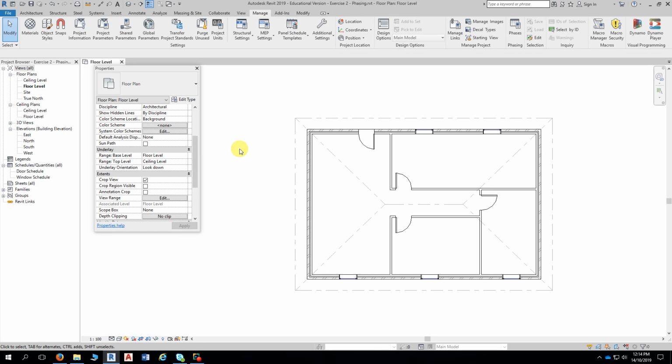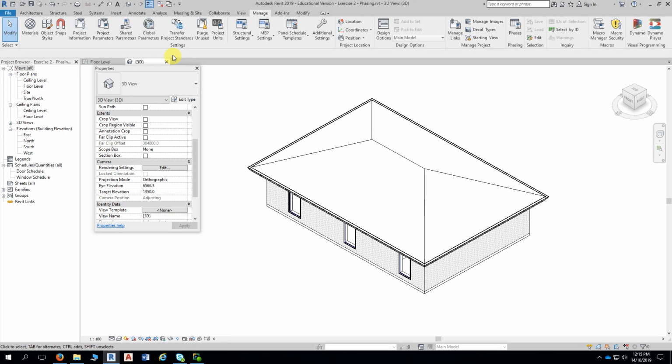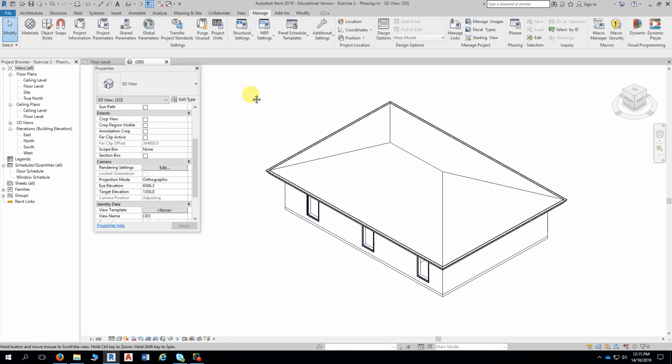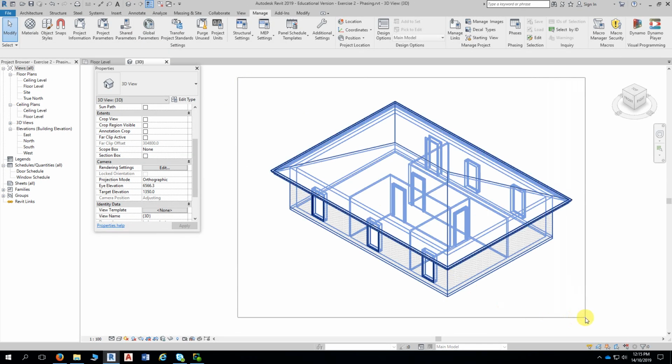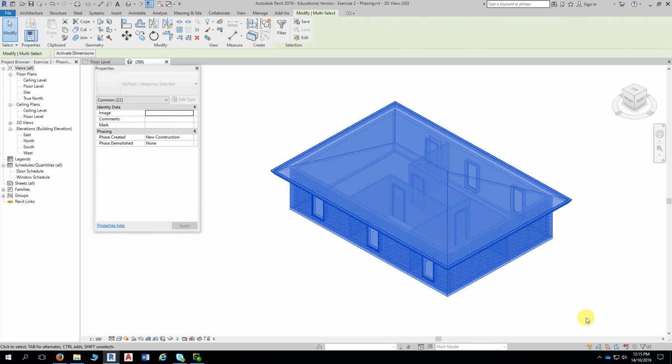Now, if you are going to change the phase of an entire building, of course, you may not be able to see all of the building elements in a floor plan. So the best approach here is to actually switch to a view where you can see all of the building elements. And normally that's a 3D view. Okay, so if you switch to a 3D view, essentially what you're going to do is select the entire building with a selection window,